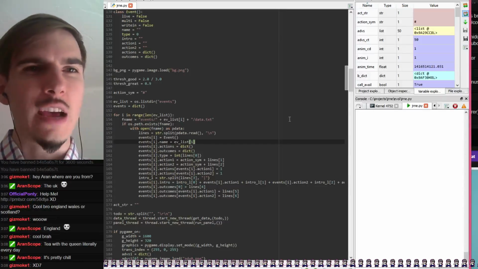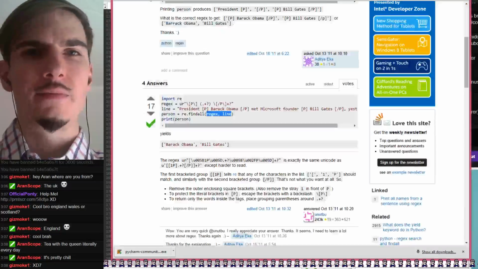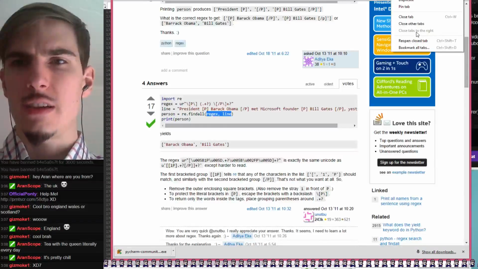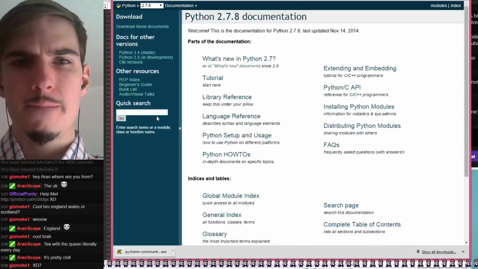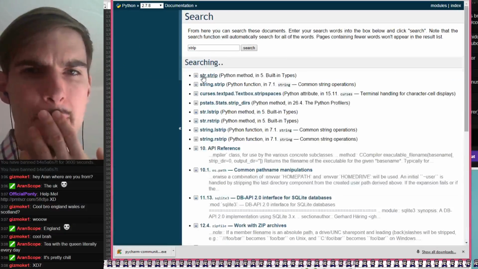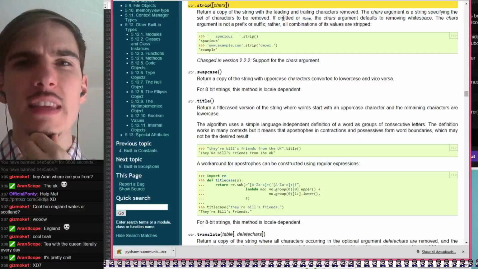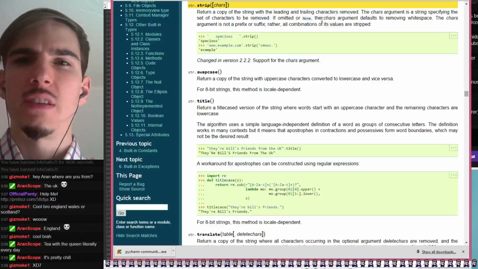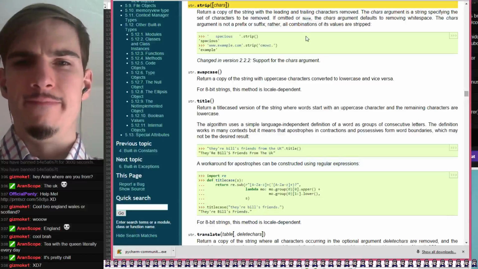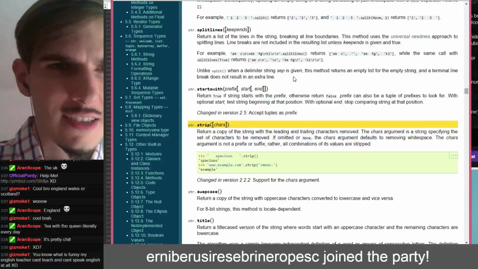Strip, totally a thing. I can close other tabs. Strip. Return a copy of the string with leading or trailing characters removed. It'd be nice if there was just a way to purge characters.